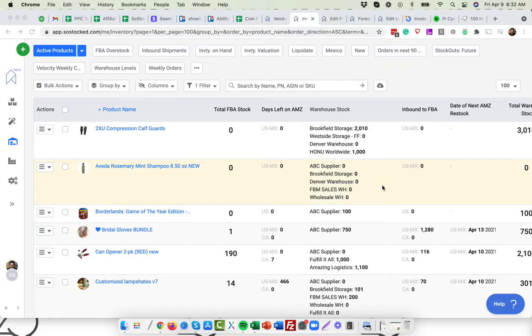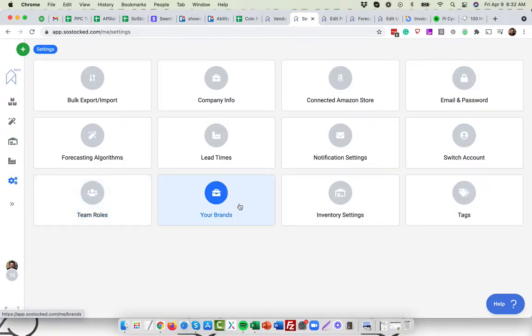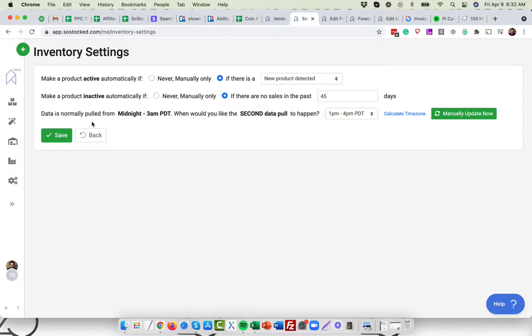Since Amazon's API has certain restrictions around it and SoStock pulls so much data, we do update your data now twice a day. And there is also a manual way to refresh that data. So if you go to the settings page and go to the inventory settings page, you'll see there is a